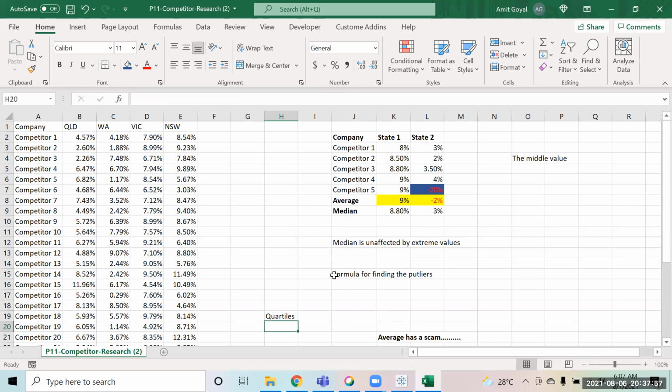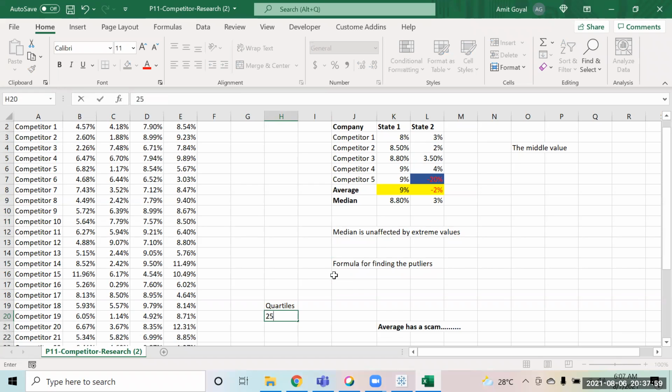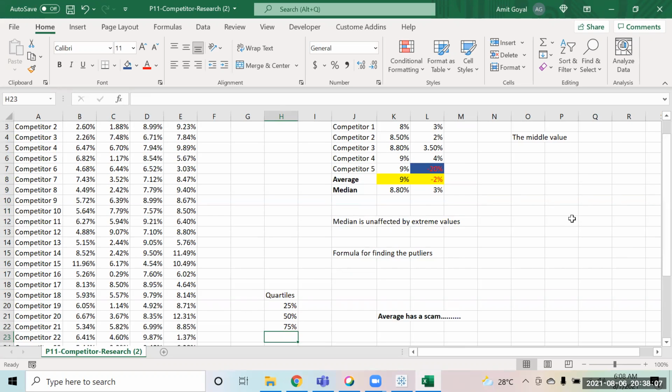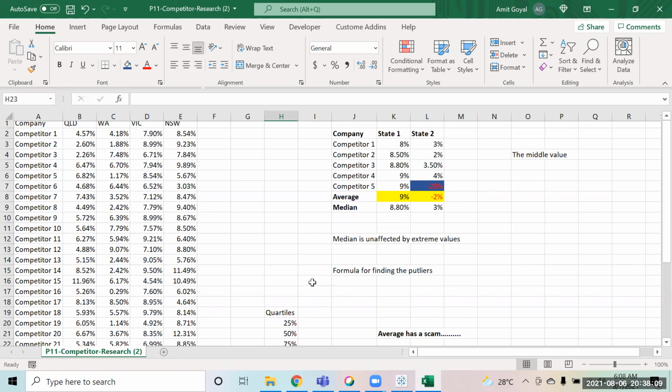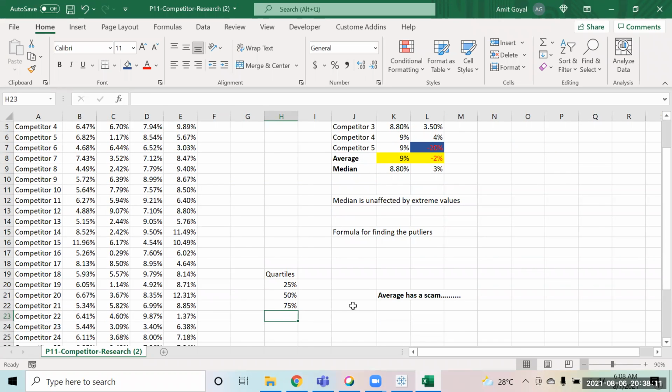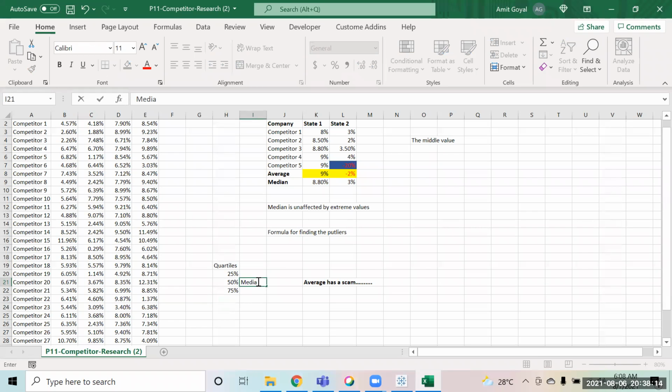quartiles. Quartiles are basically the values lying at 25%, 50%, 75%. Now just see over here, the 50% that I have written: 50% is median only. 50% is called median also, or Q2. There are a number of names that we use. In terms of quartiles, we call it Q2. In terms of percentiles, we call it 50%. And another normal word we use for 50% is median.